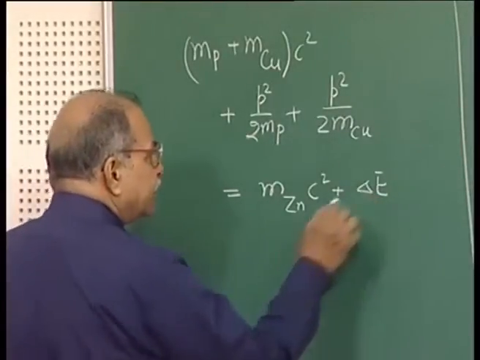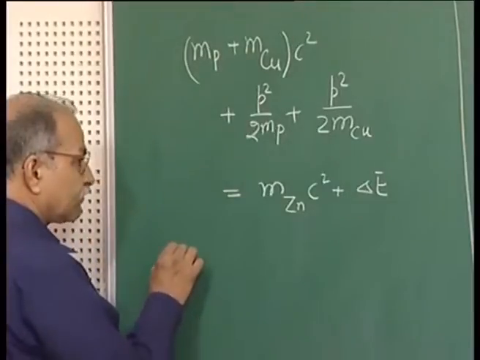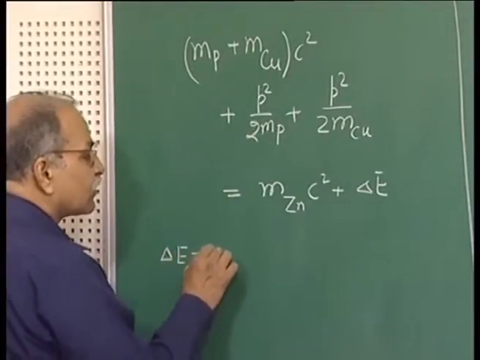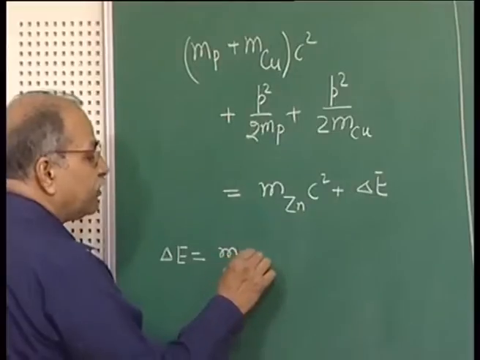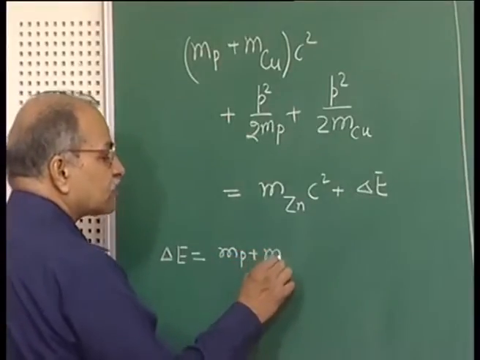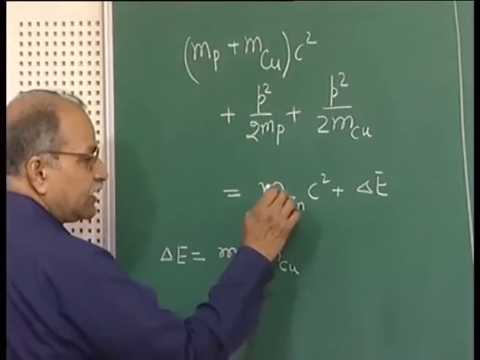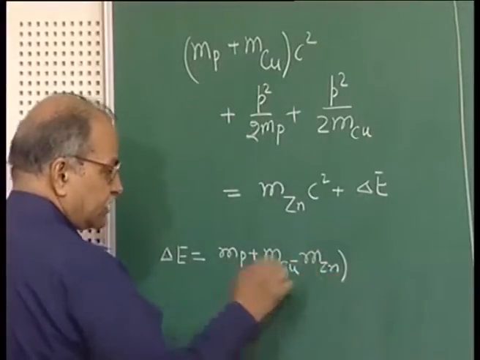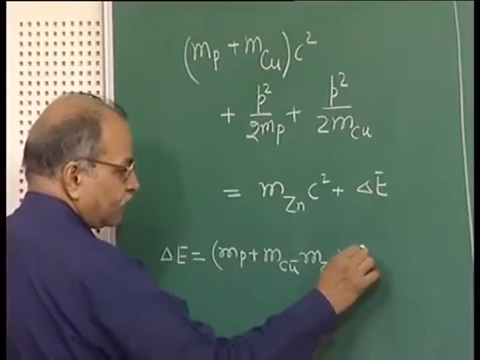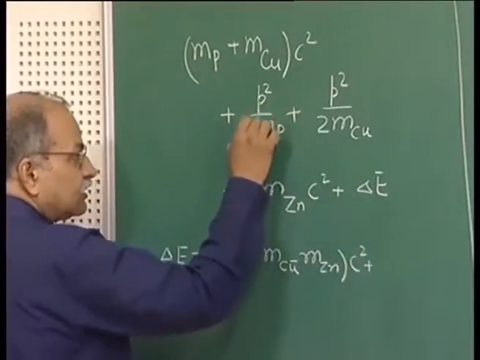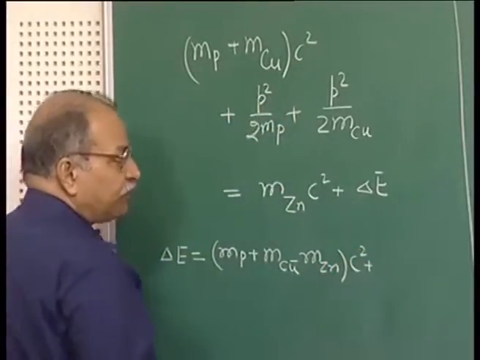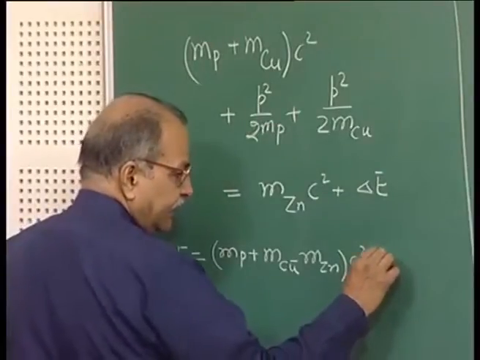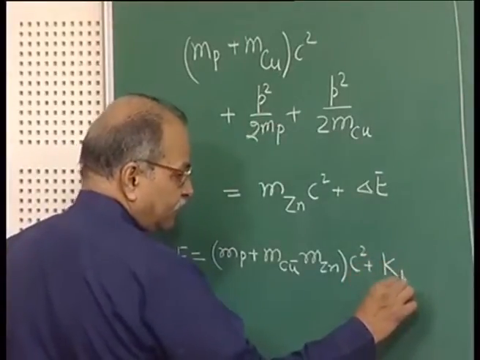So, this delta E is equal to mass of proton plus mass of copper and then minus mass of zinc, this into C square, plus this P square by 2 mp, which is kinetic energy of the proton,